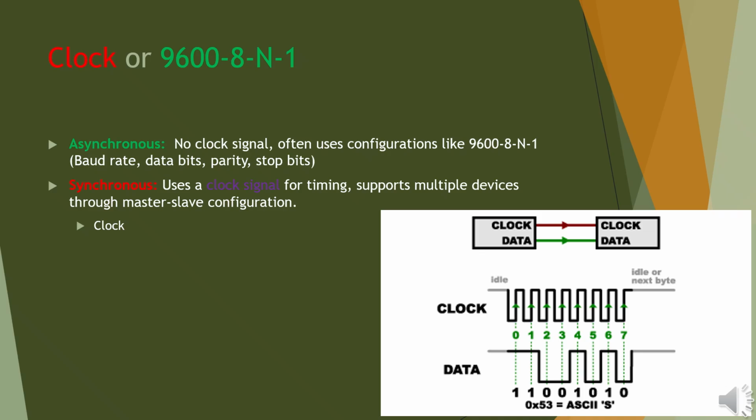Instead, both the sender and receiver operate at an agreed-upon baud rate, such as 9600 bits per second. Each side uses its own internal clock, which must be accurate enough to maintain synchronization over time. Although this approach simplifies wiring, since no clock line is needed, it typically supports lower data speeds compared to the